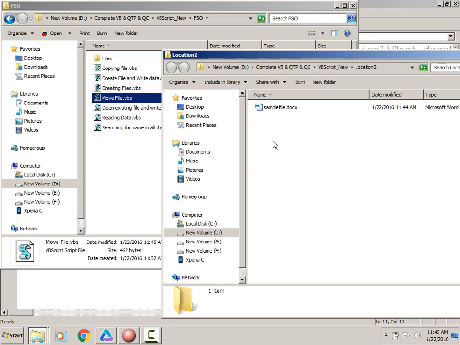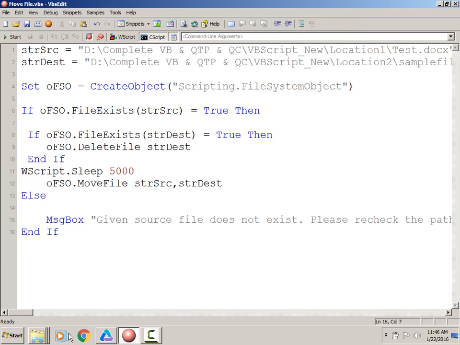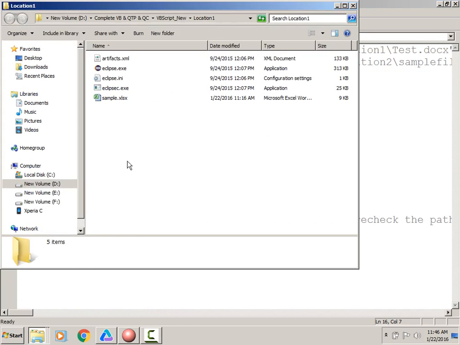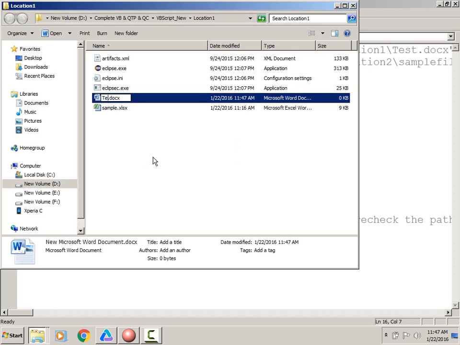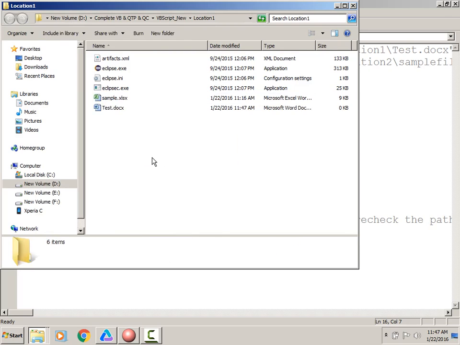Next thing is here, I will add one more condition. Same thing I will use, or maybe you can use any other file, whatever it is. If the file, whatever the file, that test.docx, if the file is empty,